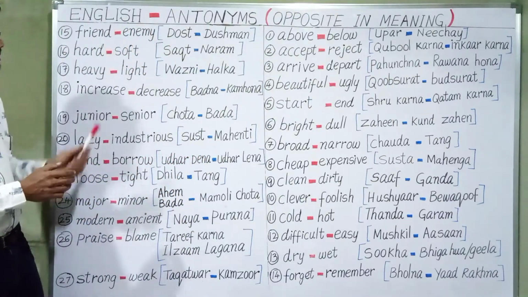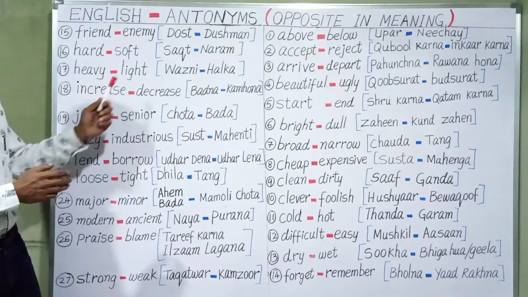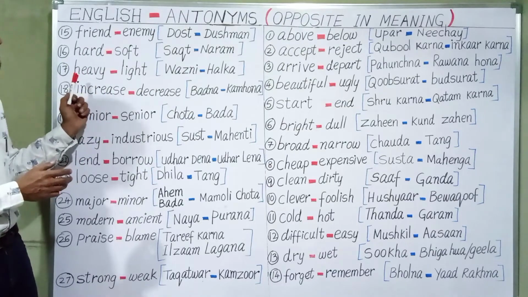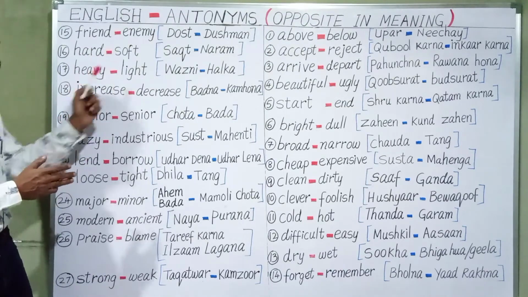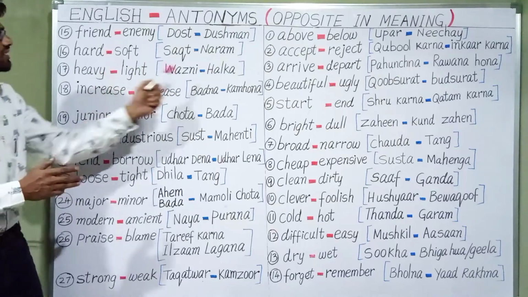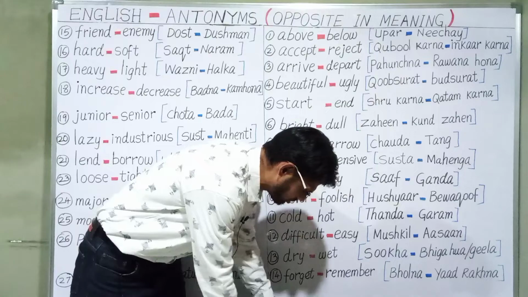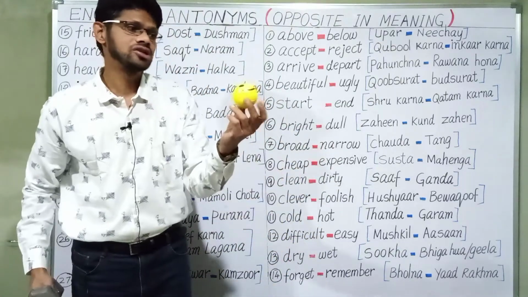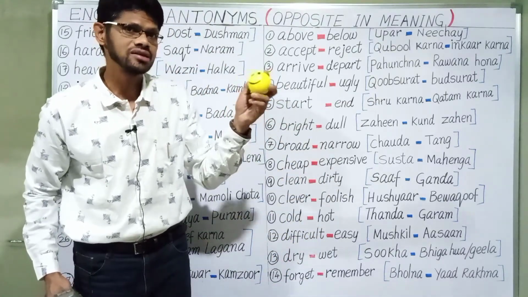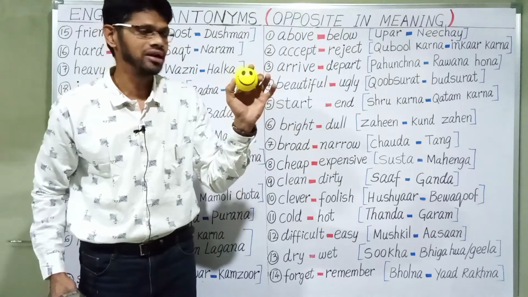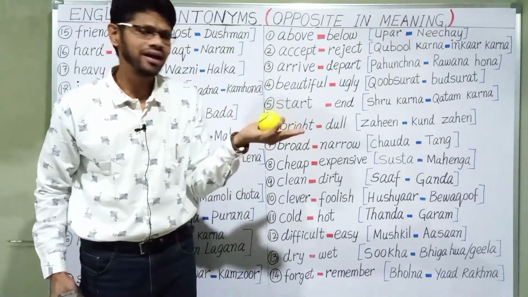Okay. Now next one, heavy and light. Heavy, what is the opposite of heavy? Light. Heavy means wazni. Light means halka. So I have an example here. So this smiley ball, you can see this, what is this in my hand? This is a smiley ball. It is very light in weight,